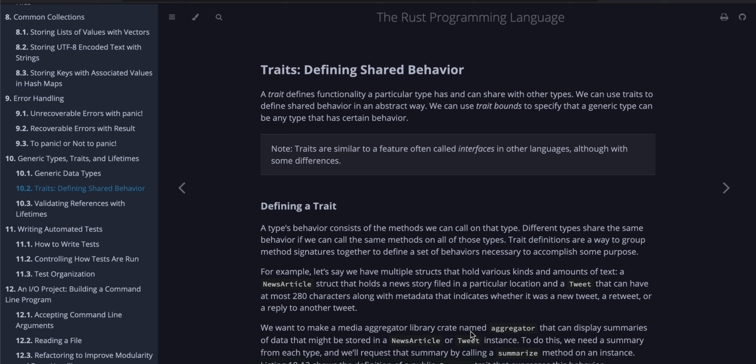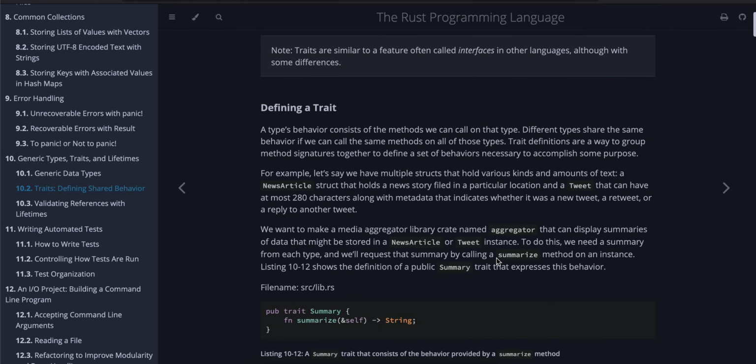Defining a trait. A type's behavior consists of the methods we can call on that type. Different types share the same behavior if we call the same methods on all of those types. Trait definitions are a way to group method signatures together to define a set of behaviors necessary to accomplish some